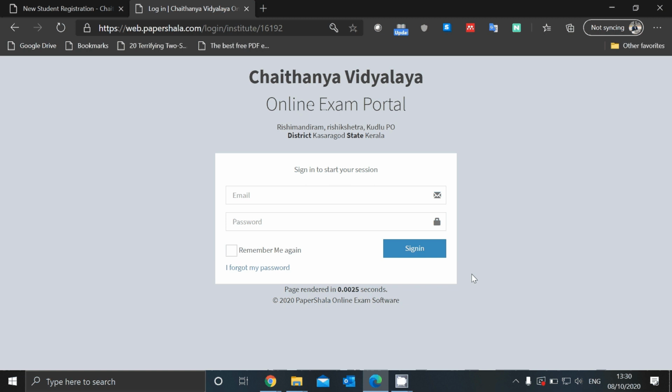Now teachers will use this portal to add questions and add those questions to the question paper and finally publish the question paper before the exam. The students will be using this to actually write the answers for the questions on the exam day. And the teachers will again use this once the students have answered the question paper to actually mark the answers.